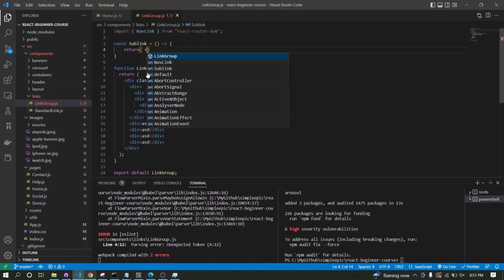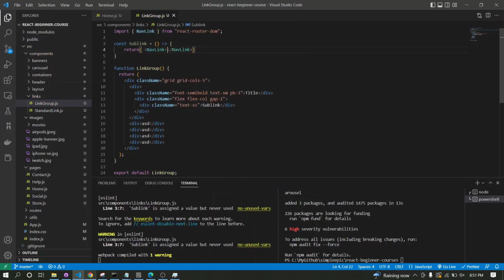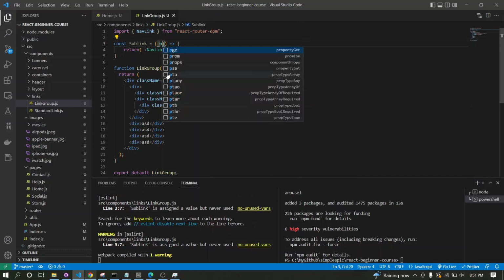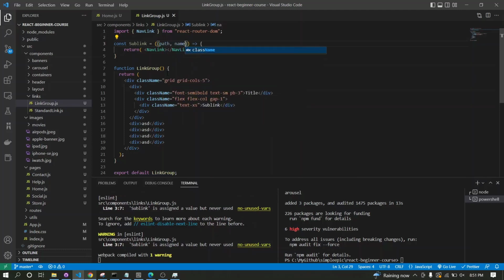And you must have it like this with the path and the name. The names go inside like this, and the path goes to the to. And sublink is somewhat like this, and the name goes inside it. Then we can remove this one,